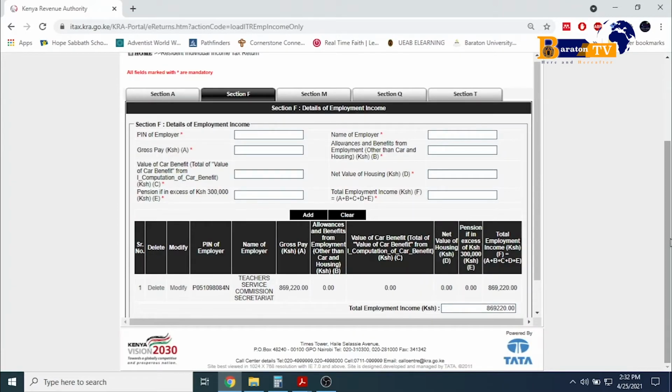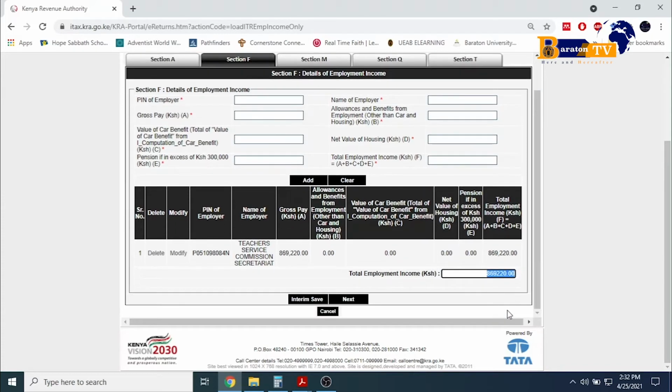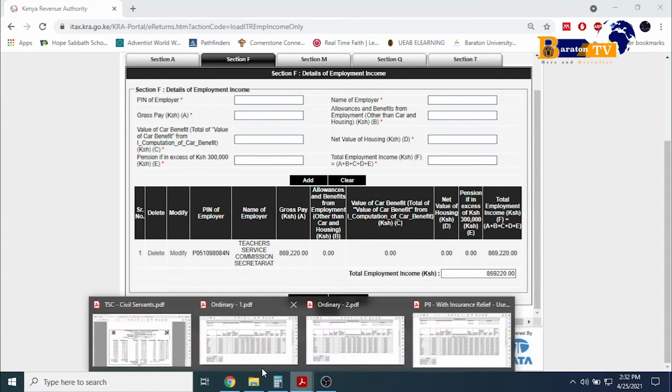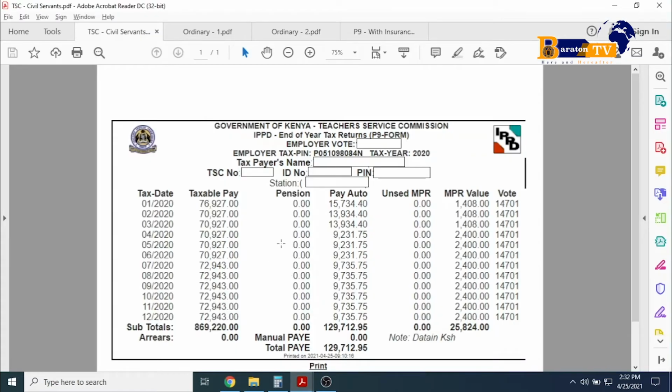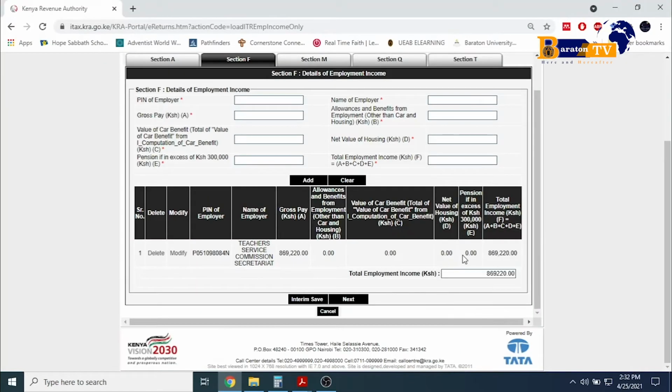Now this is what you need to take note. Look at the total employment income and go to your P9. According to my P9, my total employment income is 869,220. What about in the system? The system says that my total employment income is 869,220. It is interesting to note that whatever is in the system can also be seen in the P9, or should I say, whatever is in the P9 can also be seen in the system,